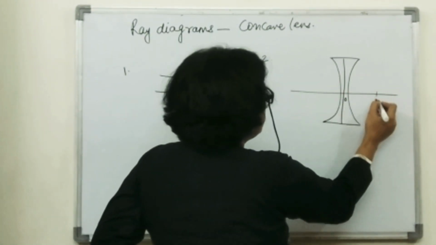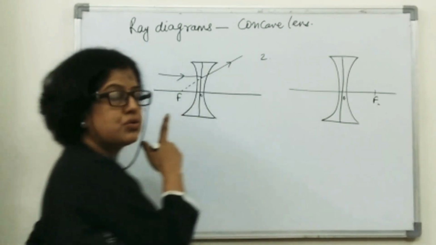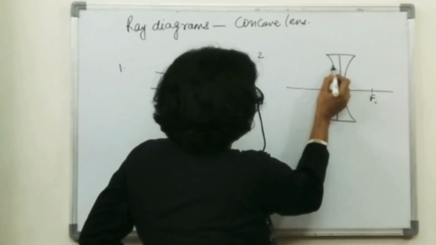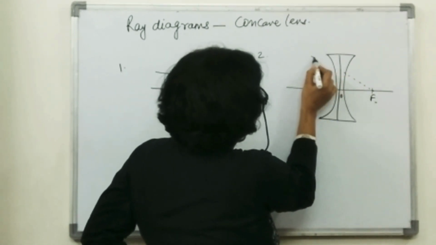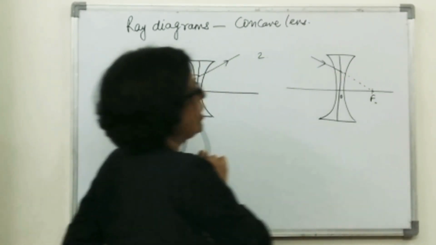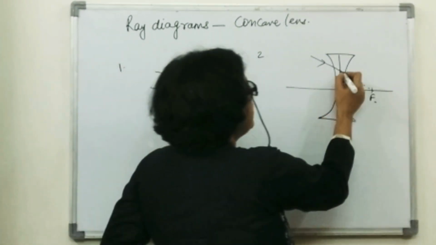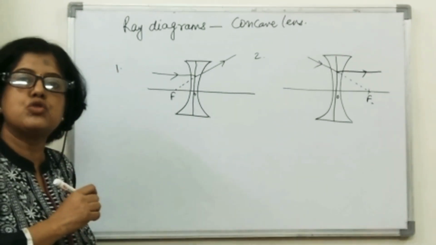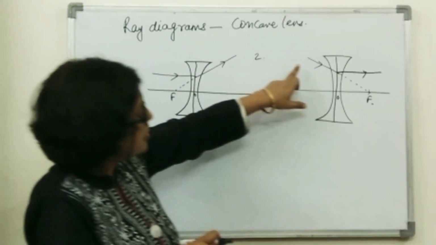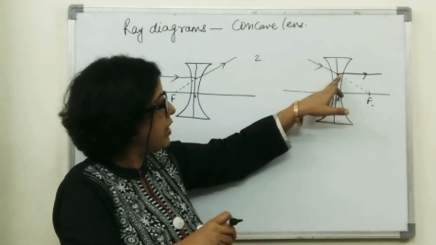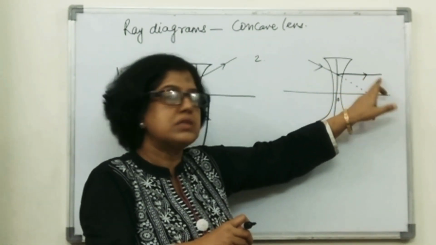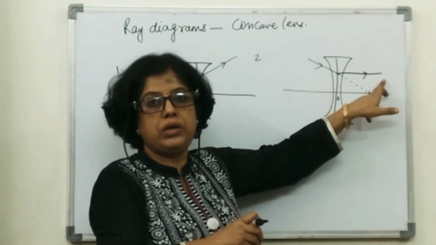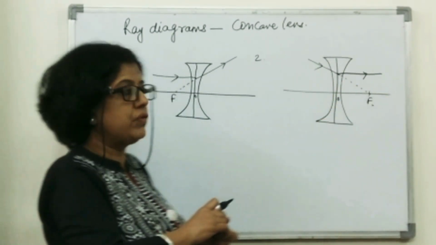Now secondly, the reverse is also true. That means if the incident ray is in the direction of the focus, appearing to pass through the focus, then the refracted ray will be parallel to the principal axis. This is the second ray that can be chosen. You can see I've drawn the incident ray till the center line and started the refracted ray from there only, which I told you last time also we should do.